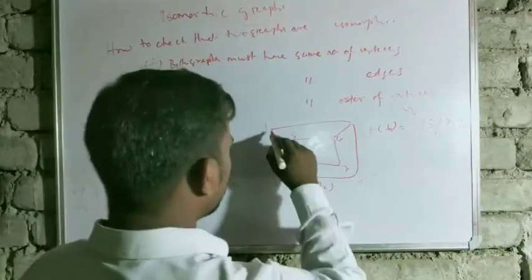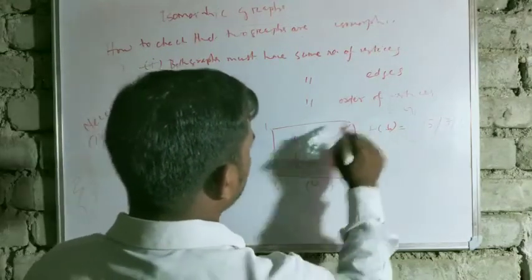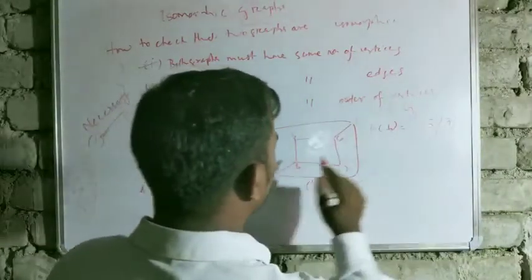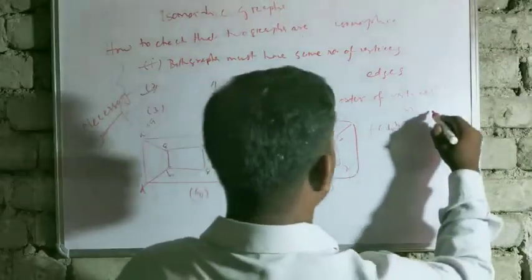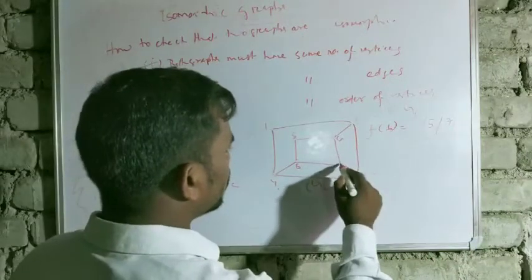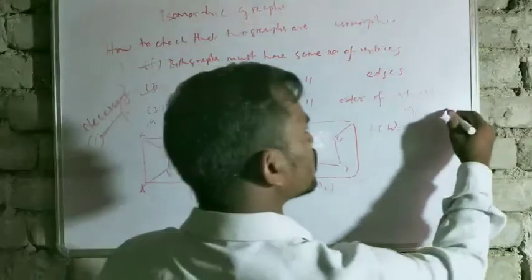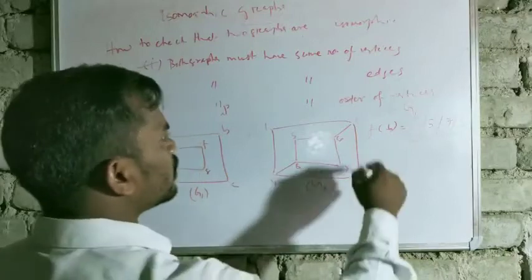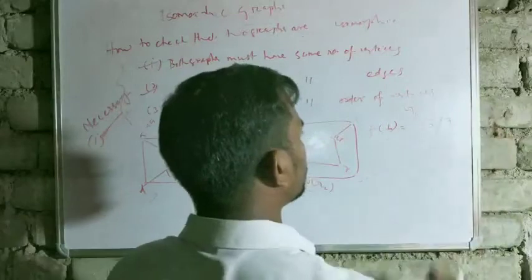If you consider this one, it is associated with 2 vertices of degree 3 and 3, so this will not work. If you consider 5, it is associated with 2 vertices of degree 3, so this will not work. Similarly, 7 is also associated with 2 vertices of degree 3, so this should not be. Similarly, 3 is also associated with 2 vertices of degree 3, so this should not be.